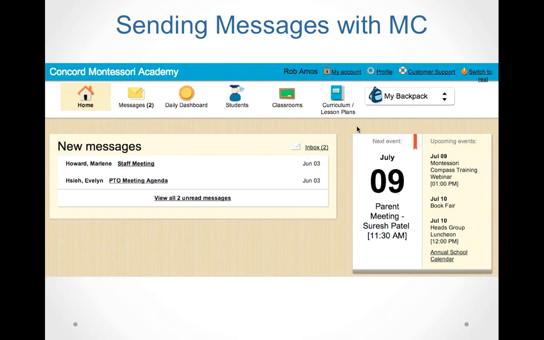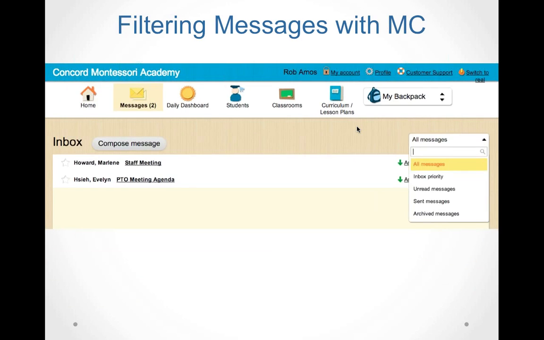But let's talk about some of the more day-to-day aspects of the system and some of the different tools we have available. So we're going to start with messaging. Messaging is a lot like email. You can see I'm looking at our home screen here. I see my new or unread messages on my left, and I see my upcoming events on the right. So I scroll on down and I see my inbox, and I can see that I have a couple of unread messages. I could filter there by viewing priority messages or sent or archived and so forth. You have the stars on the left-hand side.